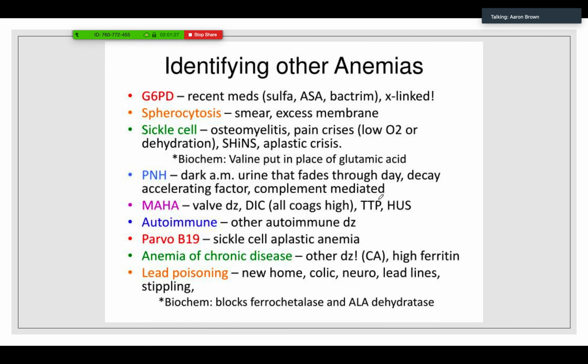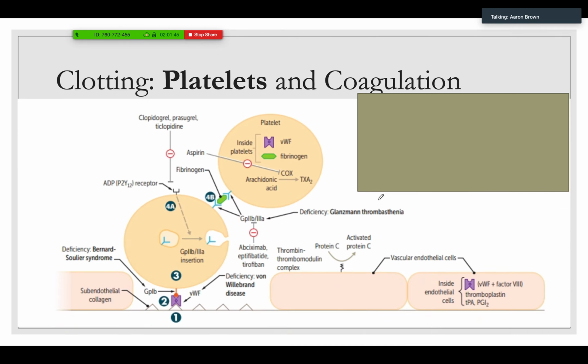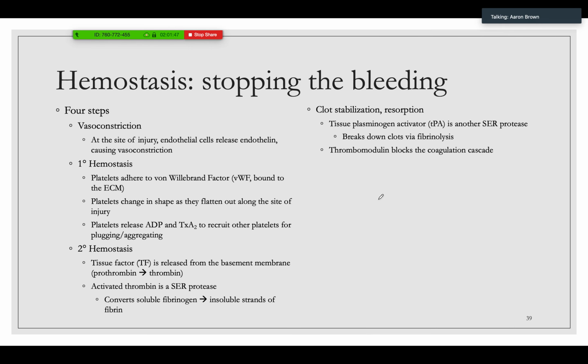So here's a quick review of some of our different anemias and quickly how to identify them. When we meet again on Wednesday, we are going to talk about hemostasis, stopping the bleeding. What do platelets do? What is our coag pathway? Why do we care about it? Okay, and we're going to talk about all the problems there. All right. So fun lecture for